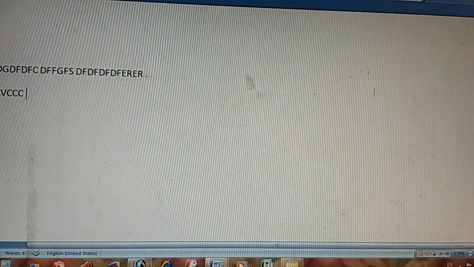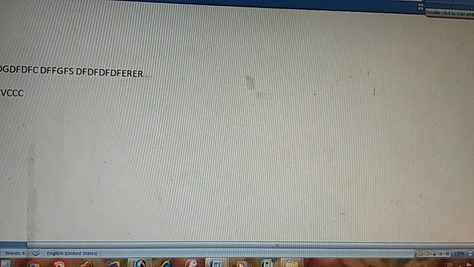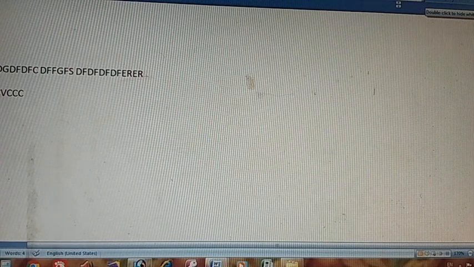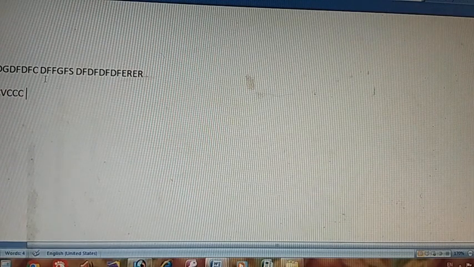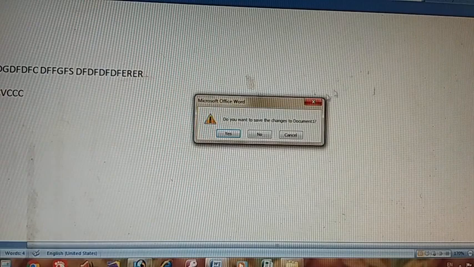I am closing the Microsoft Word program. This is the program file, and just now what I created is a data file. So that is data. I have entered some letters, numbers, and I have saved it with the name Ajay. The whole thing is the program file, and the letter that I typed in Microsoft Word is a data file. So let me close this program to go further.